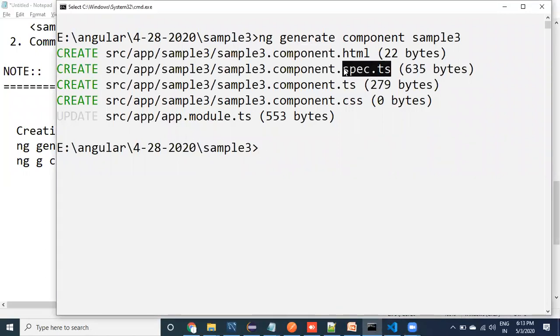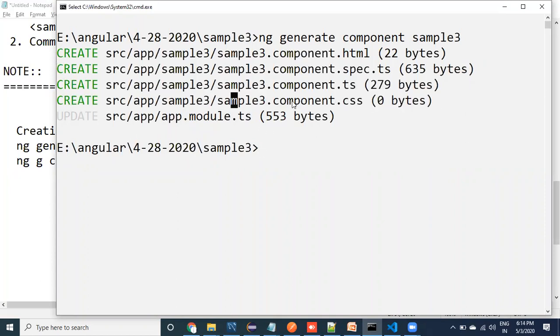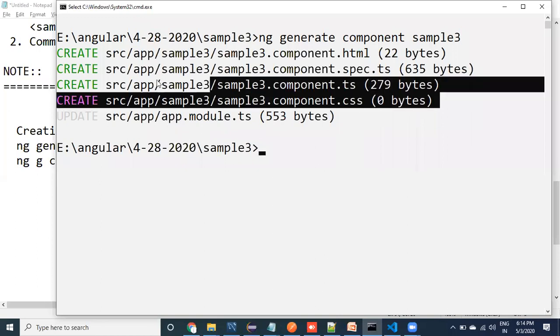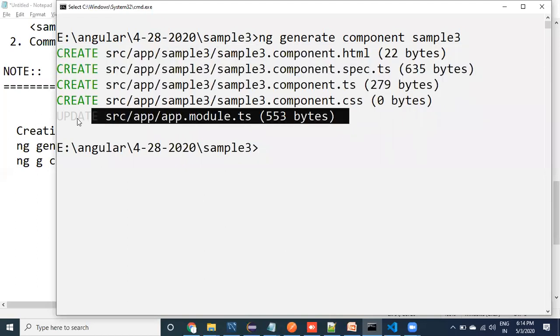Another is the spec.ts, which is related to unit testing, and the component.ts, which is TypeScript, and this is the CSS, sample3.component.css. So one component is related to 4 files, and it has created these 4 files. Also, if you observe, app.module.ts got updated.